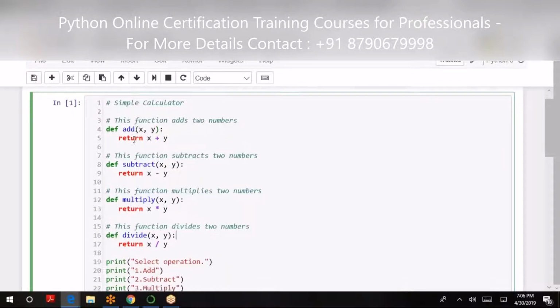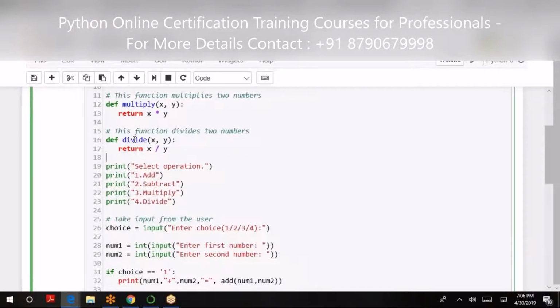Now, I'm taking the choice from the user which operation he or she wants to perform, like addition, subtraction, multiplication, or division. Now, choice is input, enter the choice, maybe 1, 2, 3, 4 from the user.